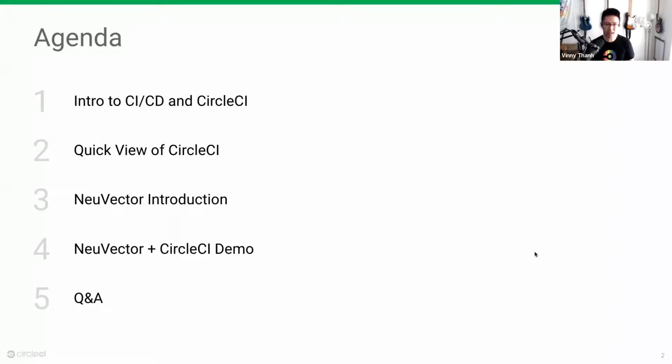On the agenda today, we've got a very quick introduction to CircleCI and CI/CD, and I'll also give you a quick demo as well. And then after that, we'll segue immediately into NeuVector, where Tracy will take over and talk about how NeuVector can help you build more secure